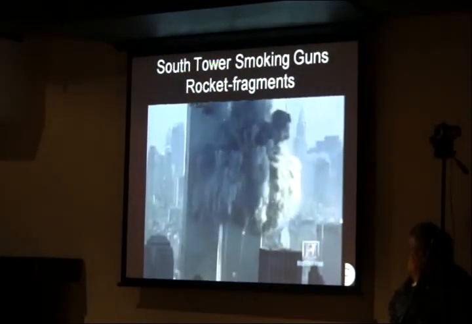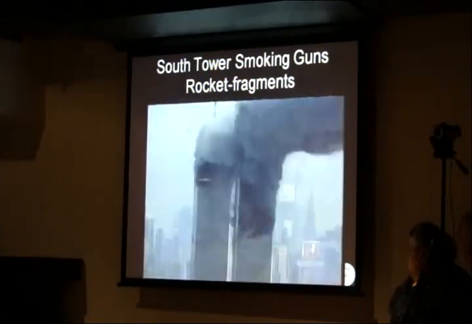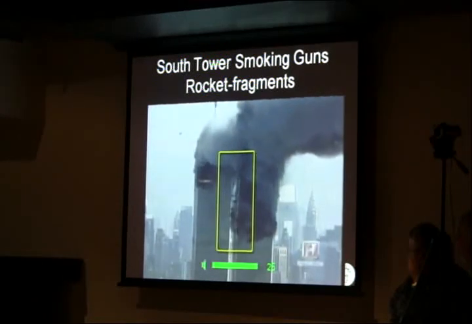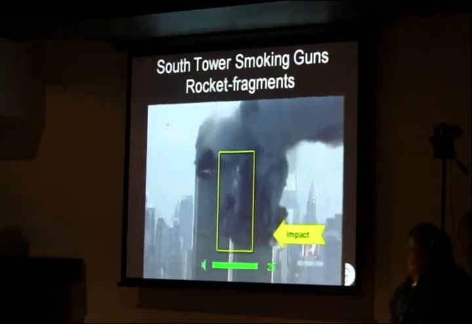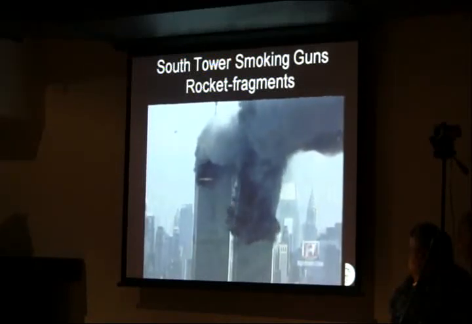This particular video clip is rich in details that call the official story into question. Notice the numerous explosions on the west side of the building above the impact point. As the top 30 floor section falls, it tips to